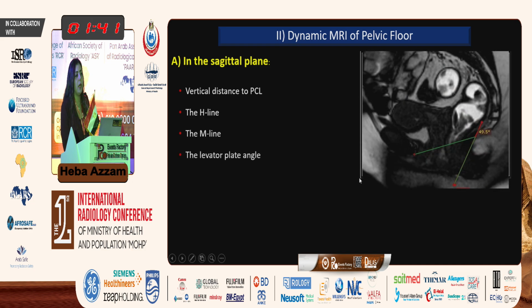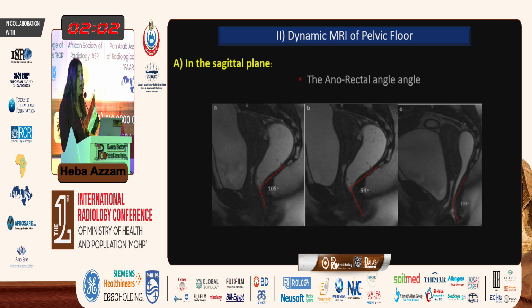We can also assess the levator plate in the sagittal plane. It's the levator plate angle, sorry. It's the angle enclosed between the pubococcygeal line and the line of the levator plate. Normally, it should be 11 degrees plus or minus 5 degrees. However, in cases of pelvic floor dysfunction, it increases. Okay. Also in the sagittal